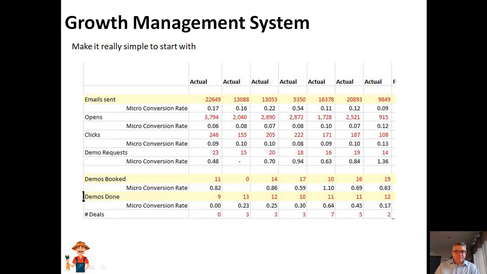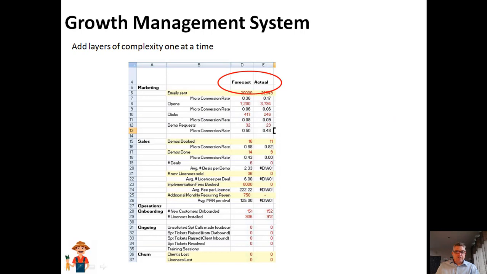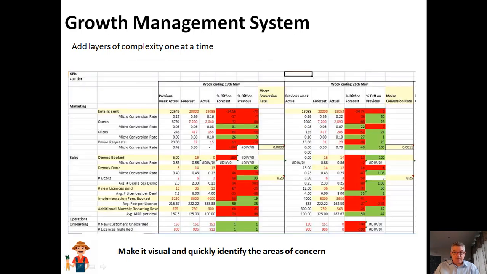Anyway, let's crack on. As I say, make it really simple to start with. Pick a spreadsheet where you have got a number of funnels running already, the sort of things that you've already produced in this section so far. But what you're going to do then is add layers of complexity one at a time. In this case, this is an email-based funnel, and the complexity that we've added here, as you can see, is forecast and actual. So I would be recording the actual performance of emails sent, opens, all that sort of stuff. And in this particular case, we had built in the plan, we had built a forecast. So I build a spreadsheet to start off with just those two involved, and I get the entire column working